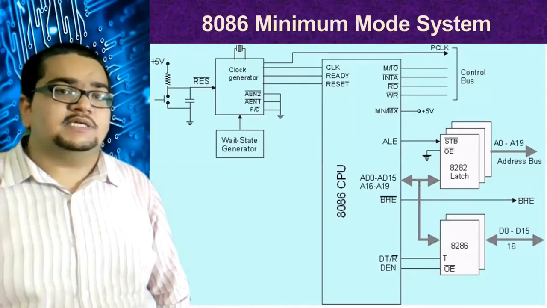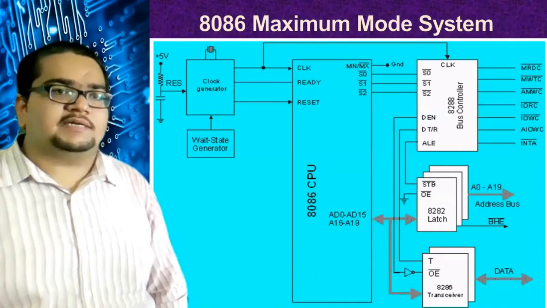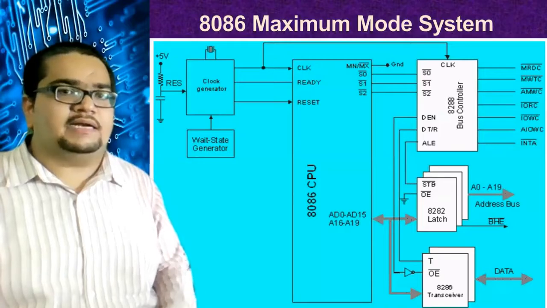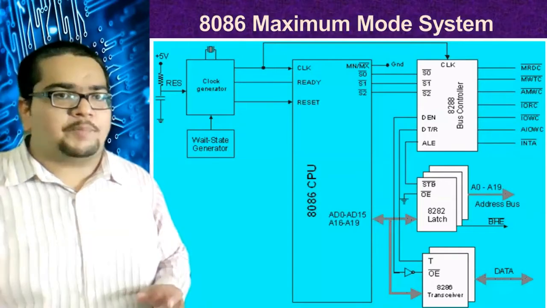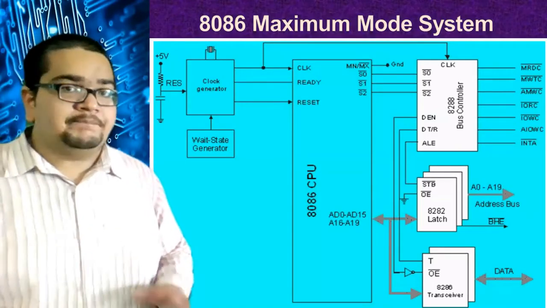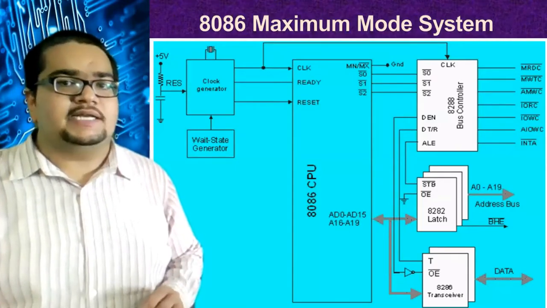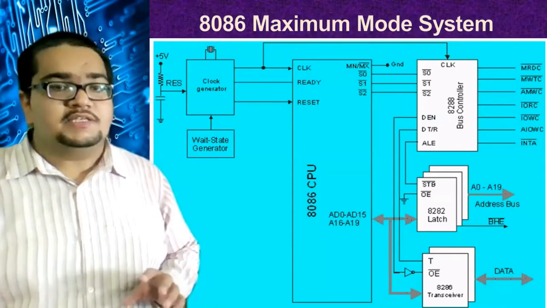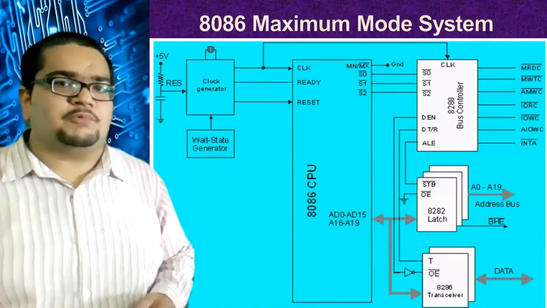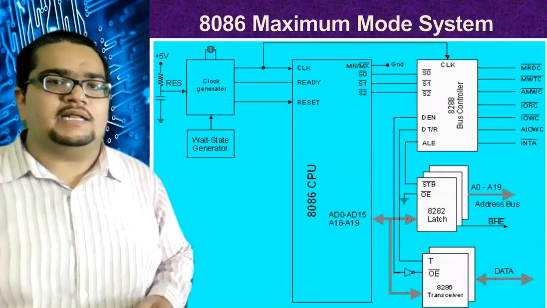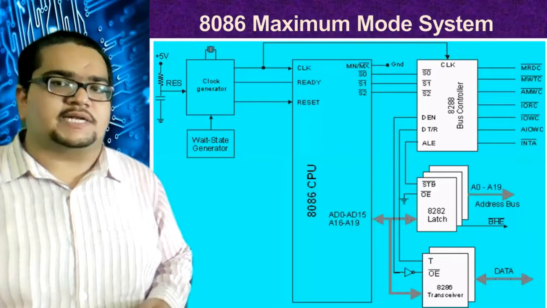So instead of these signals, what we have in maximum mode, I will show you. Here you can see that instead of having INTA bar, M/IO bar, read, write, we are having S0 bar, S1 bar, S2 bar. So those control signals are not available here. But as these three lines are available, they act as a status indicator to the bus controller, and the bus controller will generate the control signals out of it. These three status lines are given as input to the bus controller 8288, and this will generate the control signals. Now here all are control signals, you can check it out.